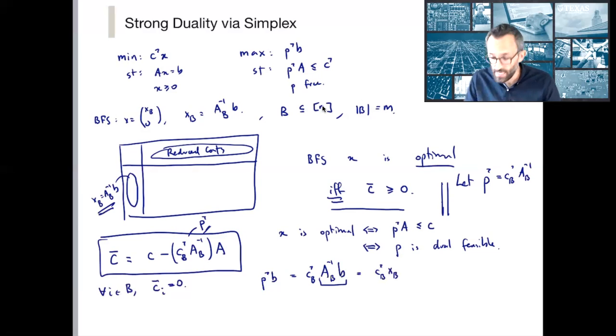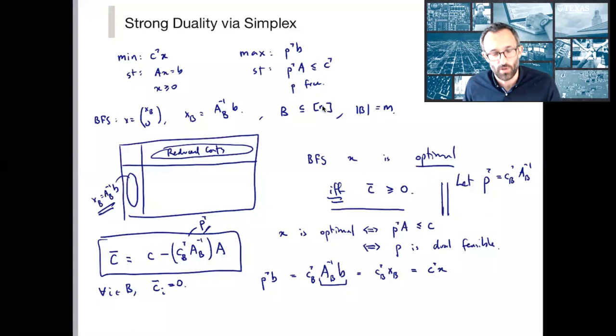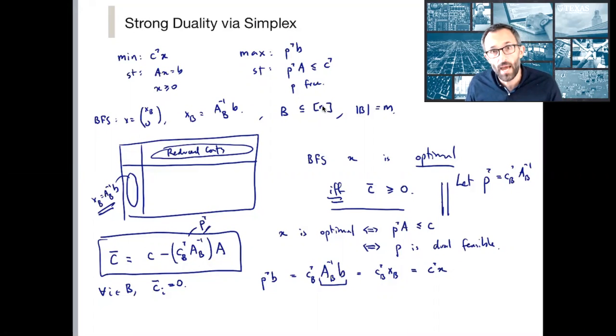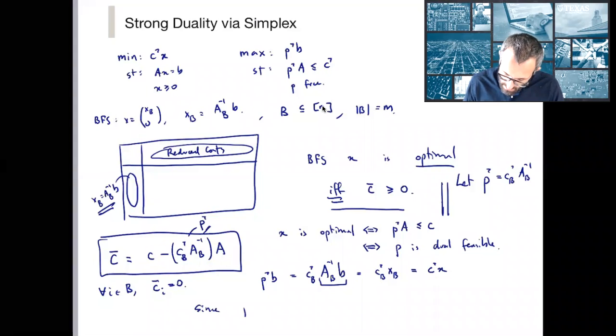But CB transpose XB is also equal to C transpose X, because X is 0 on all of the indices that are not B. So P transpose B is equal to C transpose X at this point. Again, which point is that? At the point where we have all of the reduced costs greater than or equal to 0. And since P transpose B is less than or equal to C transpose X for all feasible P, that's a statement of weak duality, then this means,